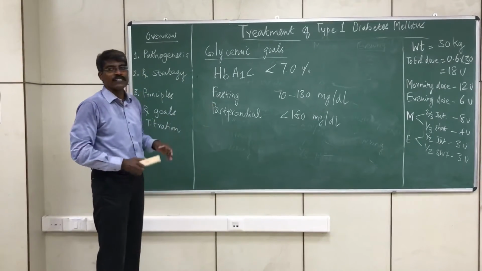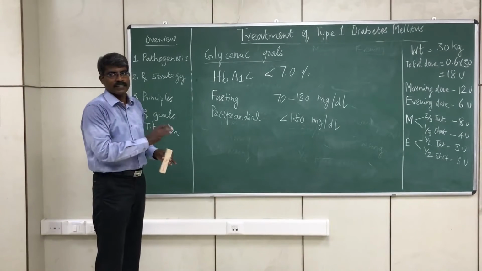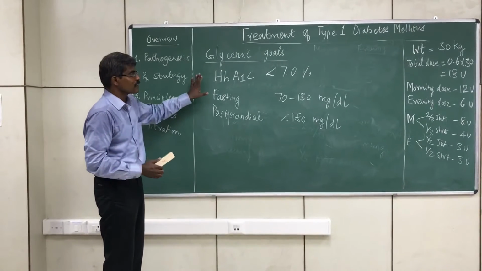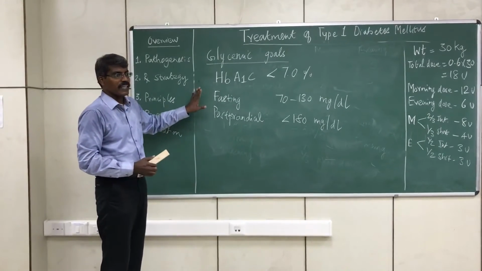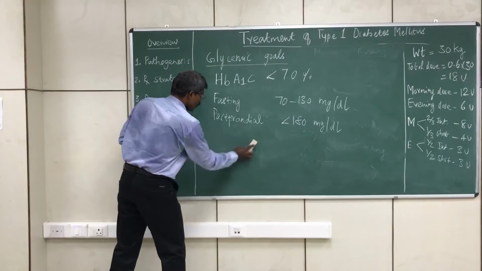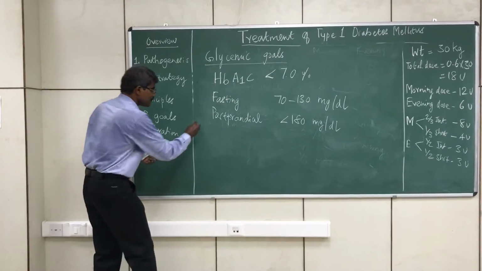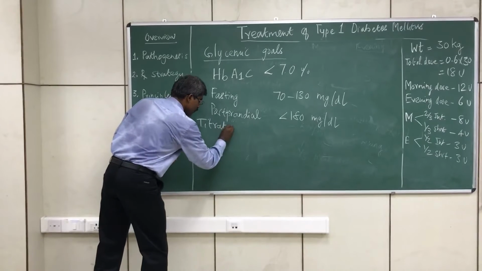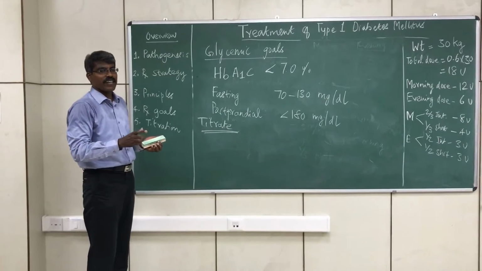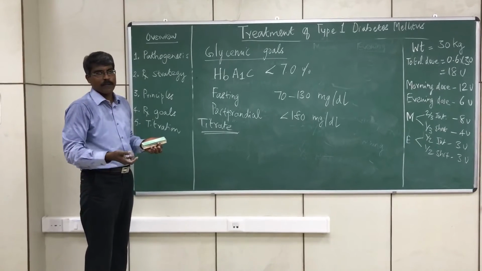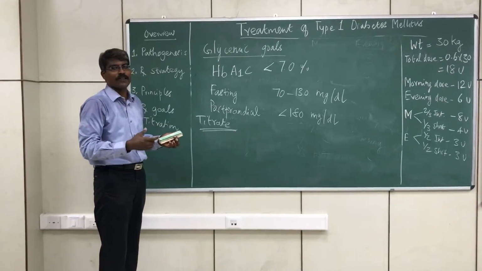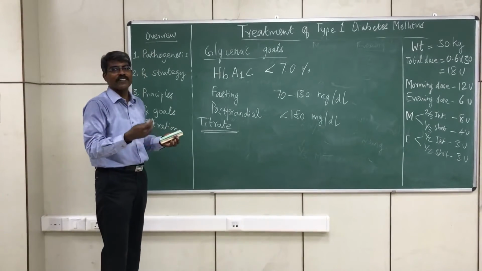Now let's say we have started this patient on this 2 injection regime, and we want to find out whether these goals are achieved or not, and we are seeing that they are not achieved. How do we go ahead with titrating the dose? How frequently can dose titration with insulin therapy be done? It can be done as short as 2 to 3 days. But it is not necessary that you ask the patient to monitor and change the dose daily. That's not required. But once you have initiated, we need to monitor that.